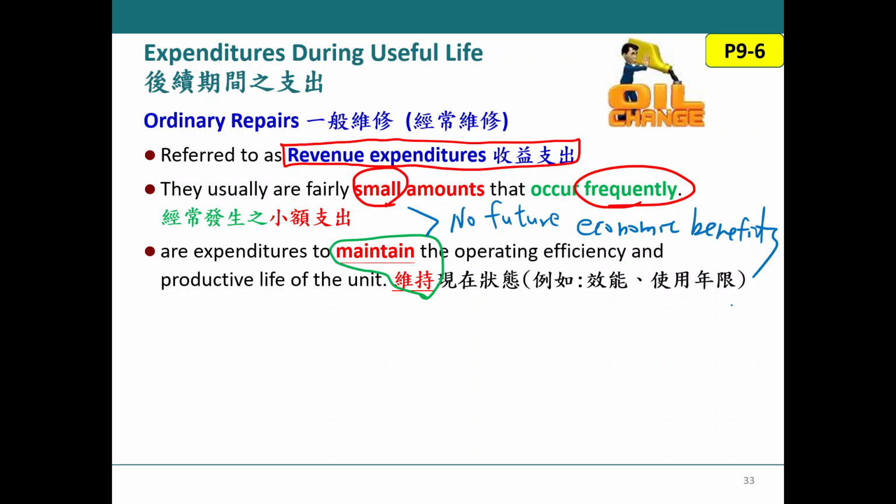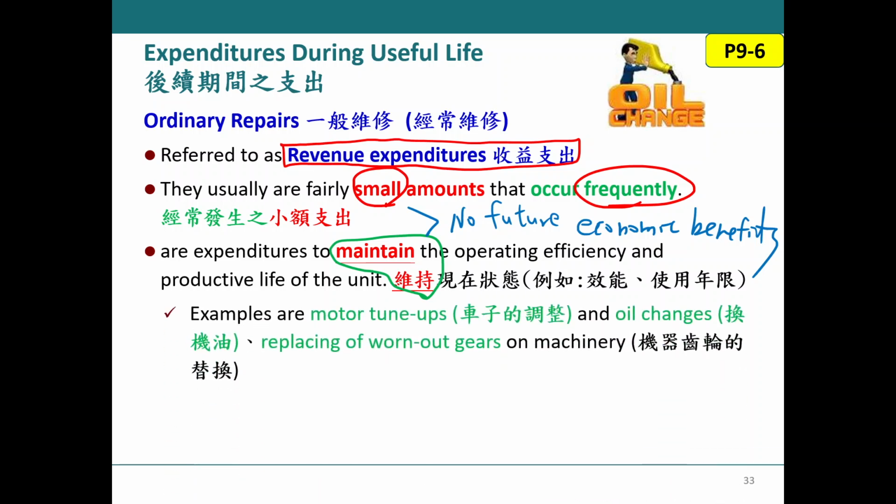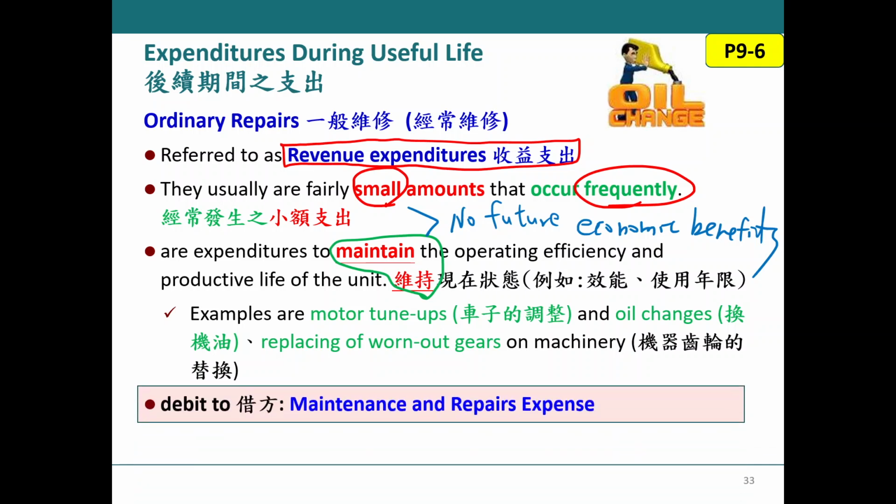Okay, so for that, revenue expenditures, 收益支出, ordinary repairs, that's our expense. Okay, so for a motorcycle, for your car, it's like what? You have to change your oil quite each year or each month, right? So you do this kind of thing, that's our expense. So the expense, we call it maintenance and repairs expense, 维修保养费用。